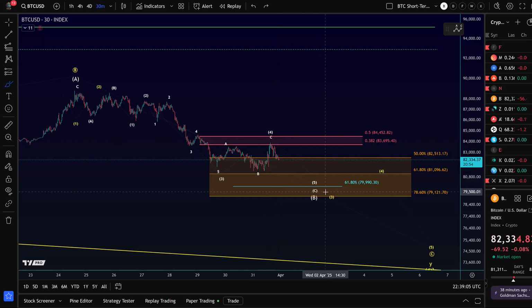Now, if this is a 5th wave down that's unfolding, then it started exactly where it needed to, in standard Fibonacci resistance between 83,695 and 84,452. And I posted earlier today in our members area that it's possible we have a local top here. Not much happened since then, but it did start to grind lower. So that's still my view. Could be that indeed we have a local top and we're forming the 5th wave down.